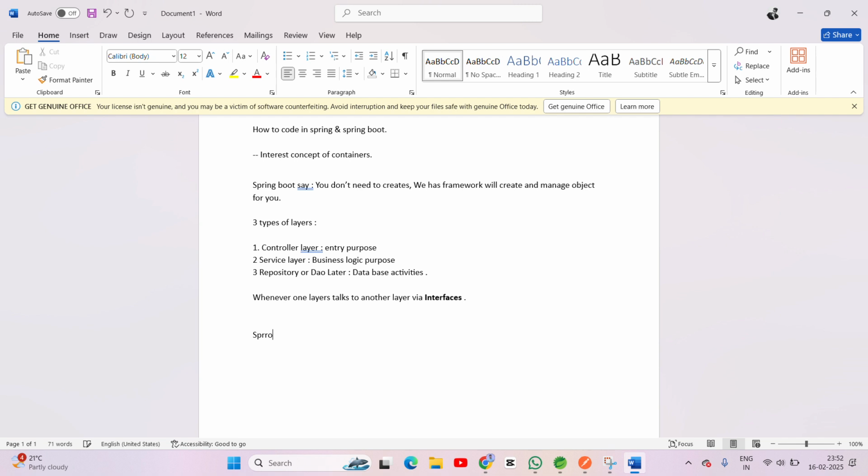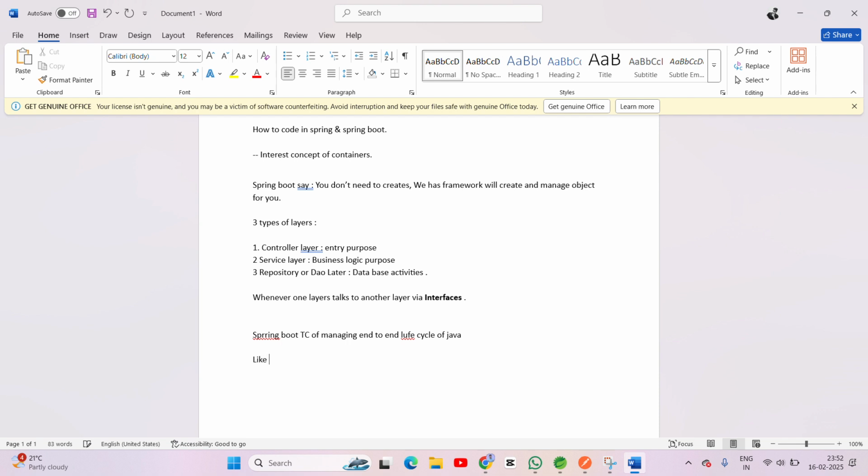Spring Boot takes care of managing end-to-end lifecycle of Java,